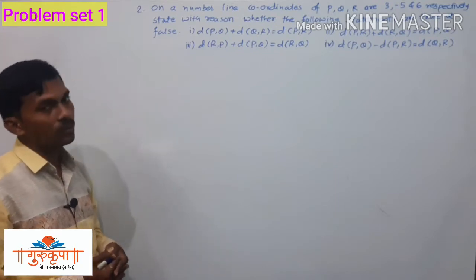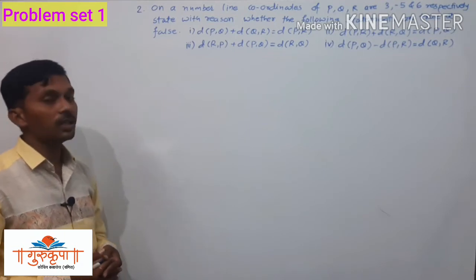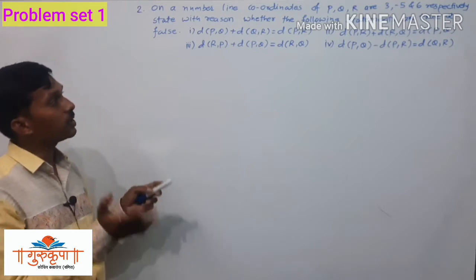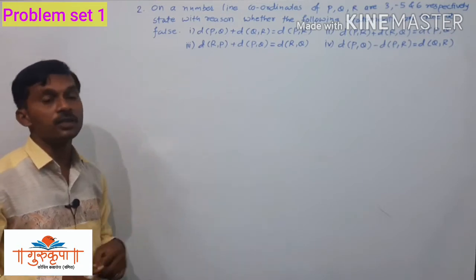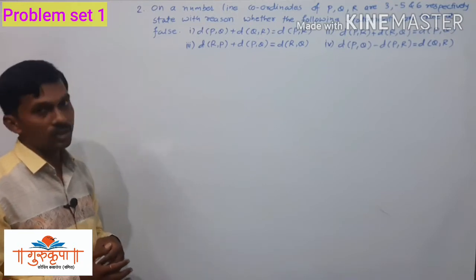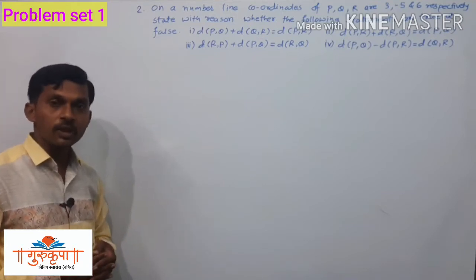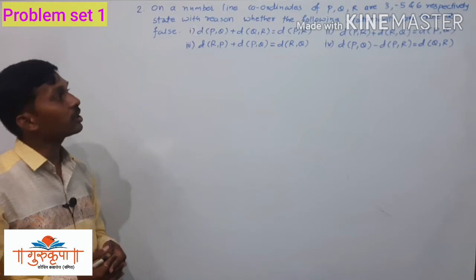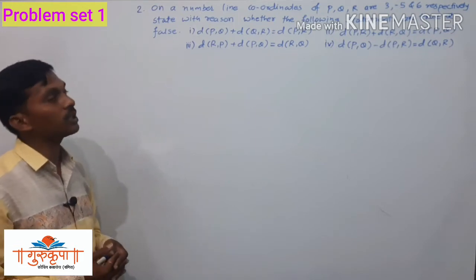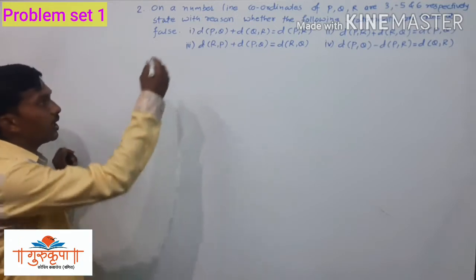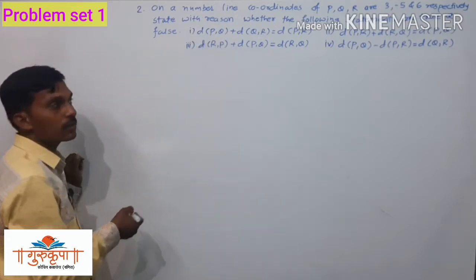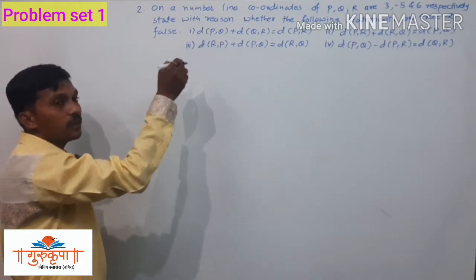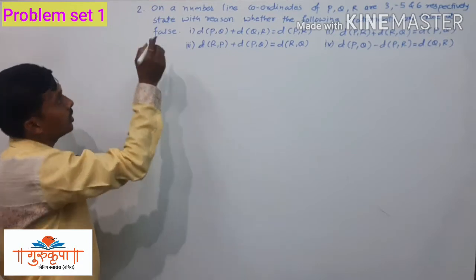We have given some statements here, 4 statements are given, and we have to determine whether the given statements are true or false. So here we have given the coordinates of the 3 points P, Q and R, and the statements which we have given are related with the distances between the points P, Q and R. So we will first find the distance PQ, distance QR and the distance PR. Whatever the possible distances are there between the given 3 points, those distances we have to find, and then we will determine whether the given statements are true or false. Since we have to write the reason also, we have to write the explanation why the statement is wrong or why the statement is true.